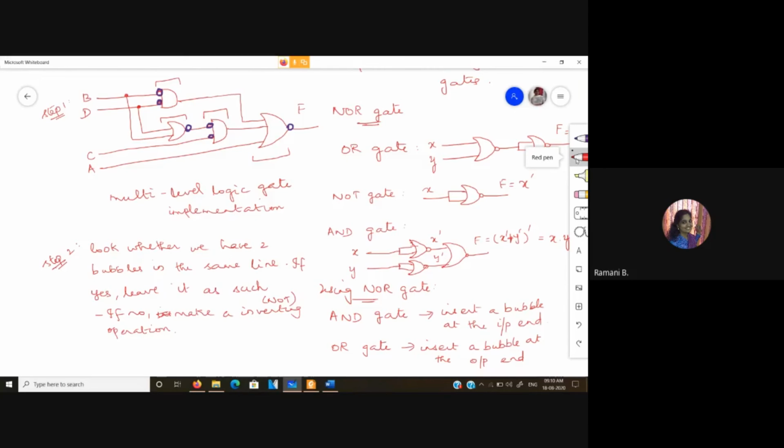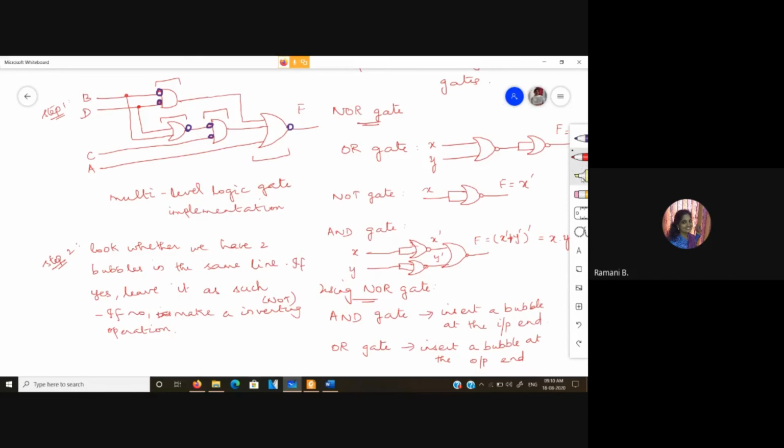Okay, so here if we check, in the first bubble I don't have any bubble to compensate it. So what we actually do is we invert the input variable. So here we are having a B, I just invert it to B bar, and this D will be changed to D bar.